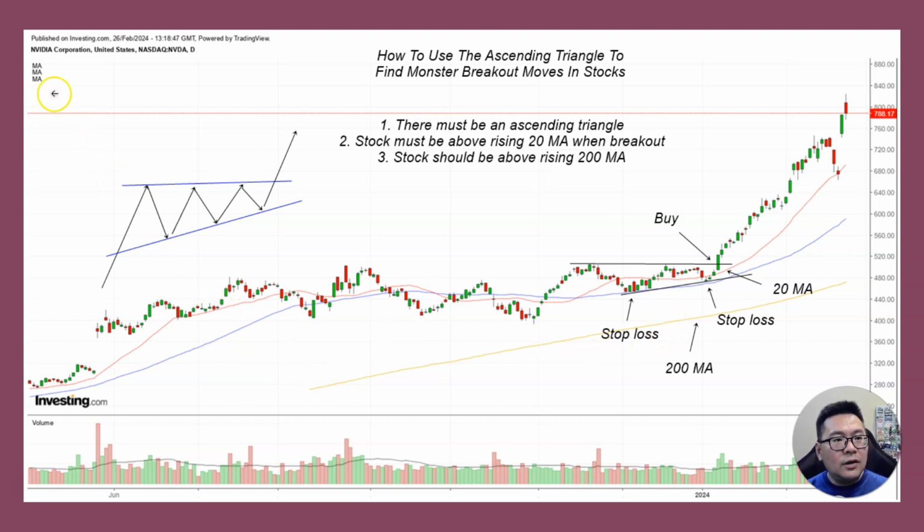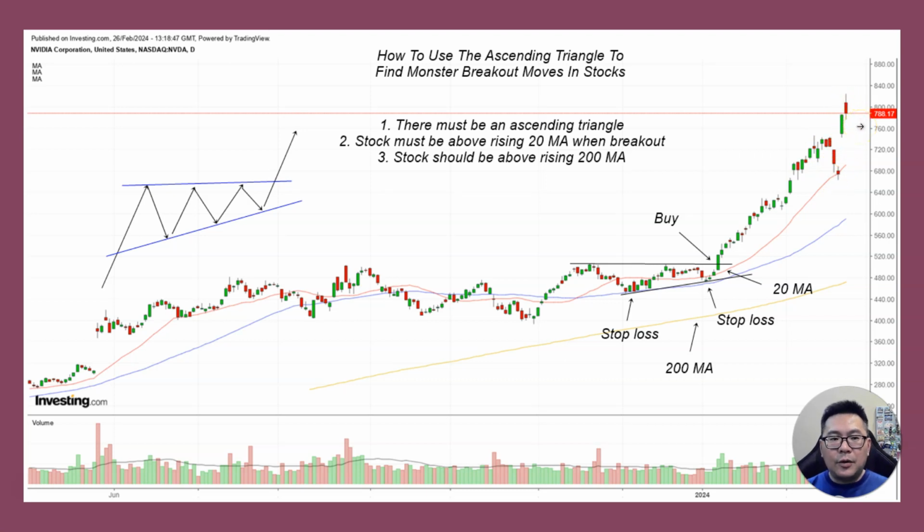So we have NVIDIA here trading sideways, and eventually it makes this ascending triangle pattern, and then it breaks out above these highs. So a trader can buy this breakout and put a stop loss here if he is aggressive, or if you are less aggressive, you can put the stop loss here. Notice how the stock is above the rising 20 MA and 200 MA, and see what a nice move it did. You can use the 20 MA as a take profit point. When the stock drops below the 20 MA,